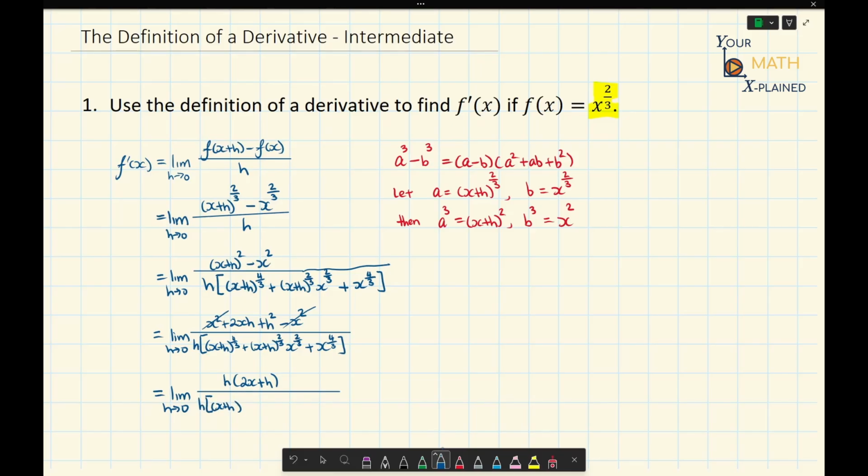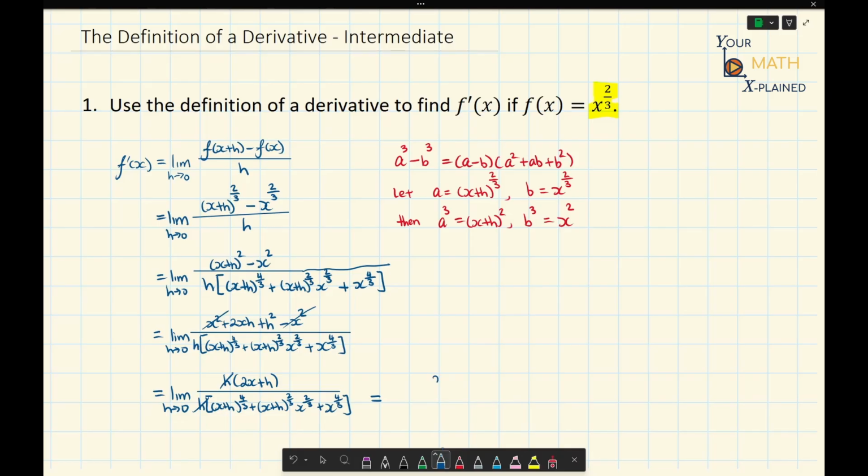And then once we finish writing this out, we can go ahead and cancel out the h that is on top and then the h that is on the bottom. And once we no longer have our h in the denominator, we can go ahead and take the limit. So once we cancel, we can say this is equal to,